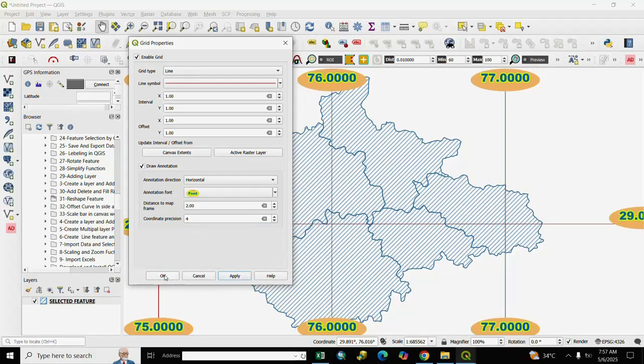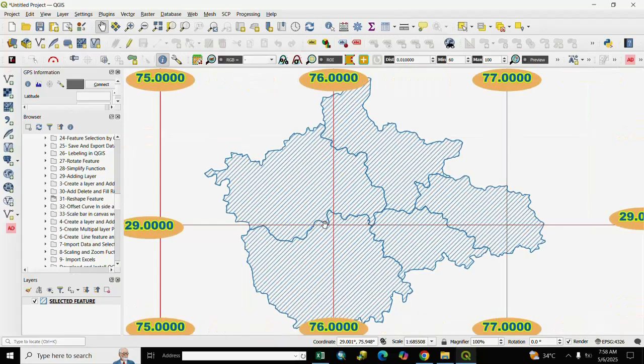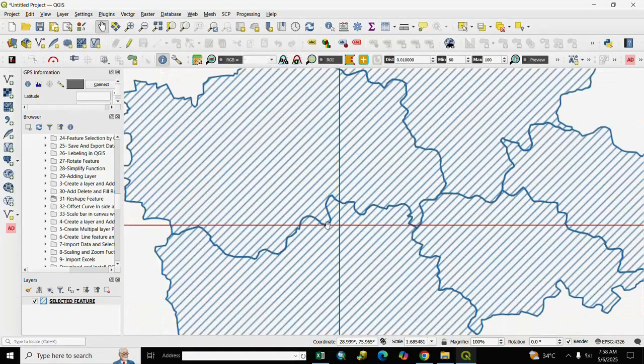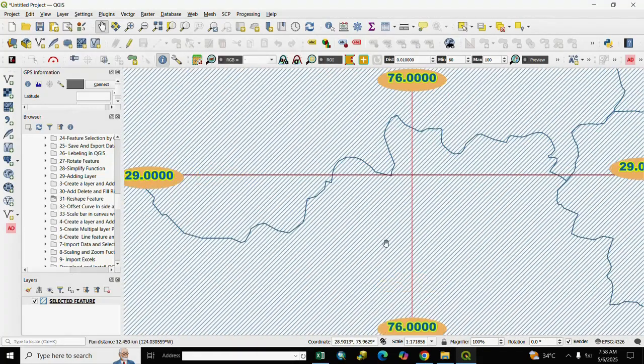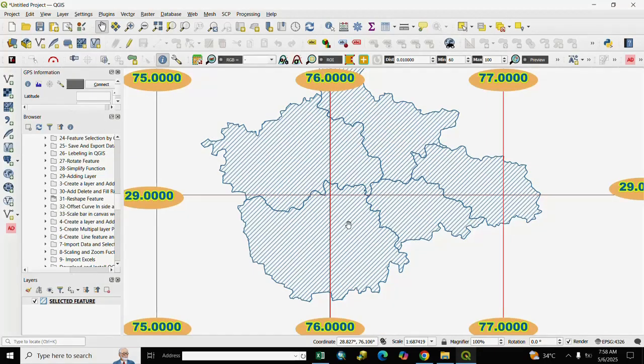You see here your grid with label is complete. You see, and you zoom it as per grid of grid type is complete.